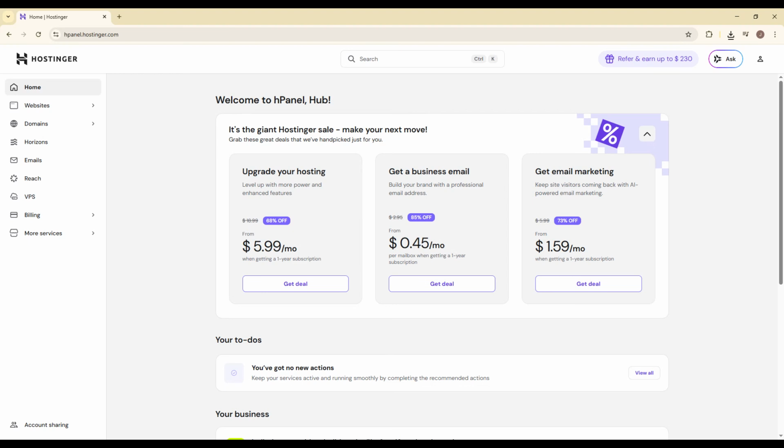The best part is that Hostinger makes this very simple, and you can change the language in just a few clicks directly from your dashboard settings. This works whether you're managing websites, hosting plans, domains, or email services inside Hostinger. By the end of this video, you'll know exactly where to find the language settings and how to switch the